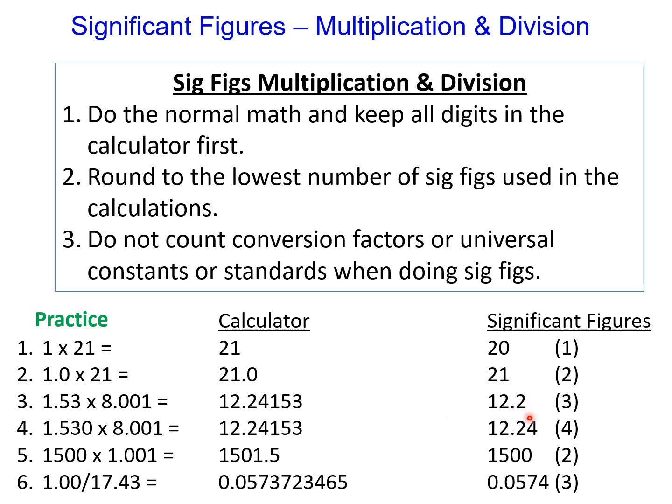Therefore, I get rounded to 12.2 for 3 sig figs. In the next one, both these numbers have 4 sig figs. I record my calculator number and then I round to 4 sig figs. In the next example,